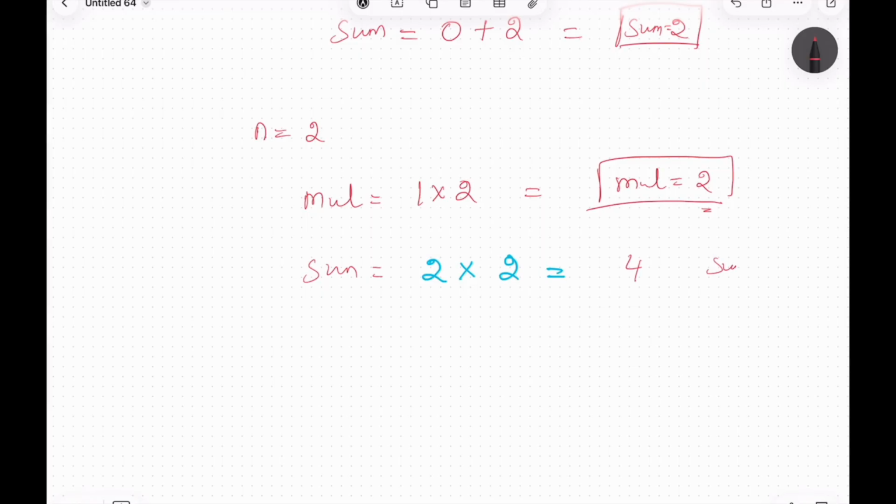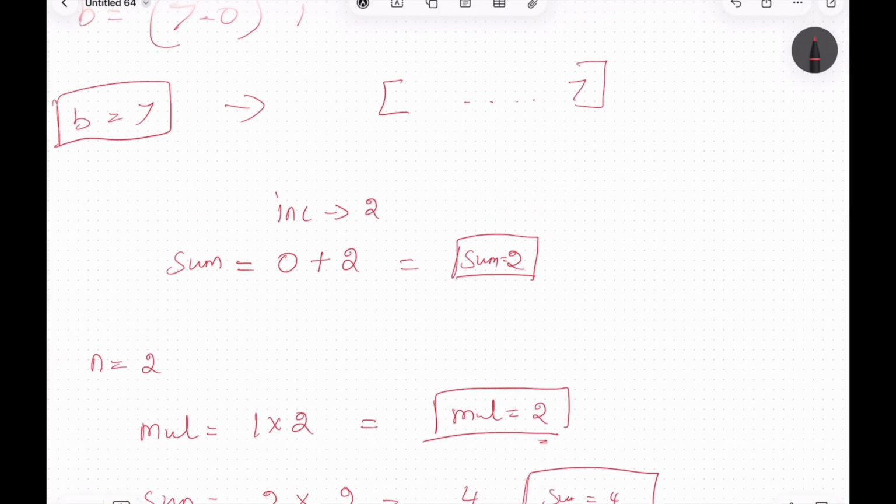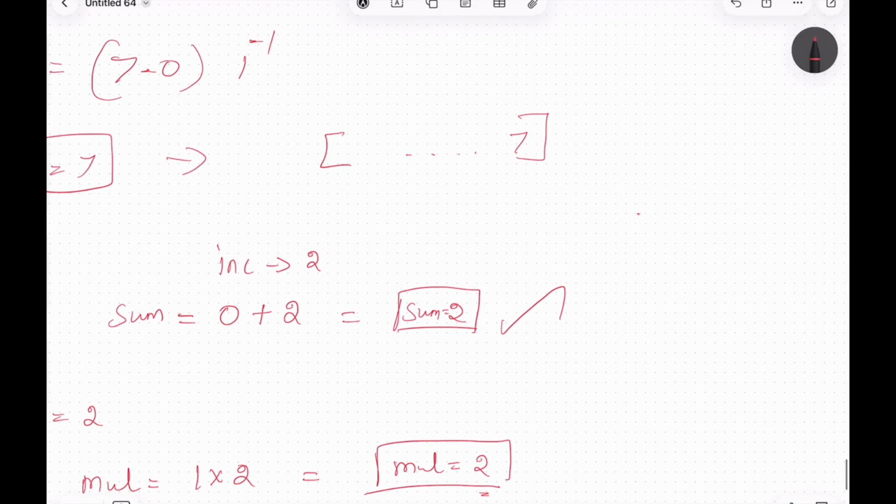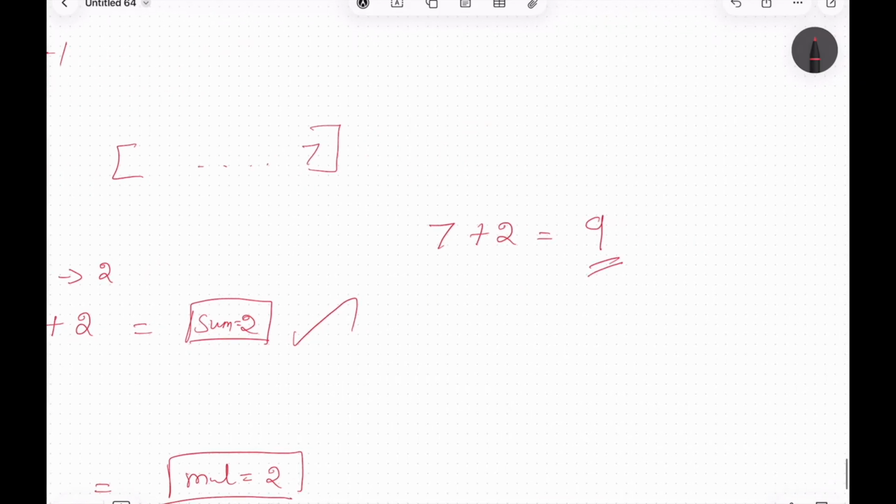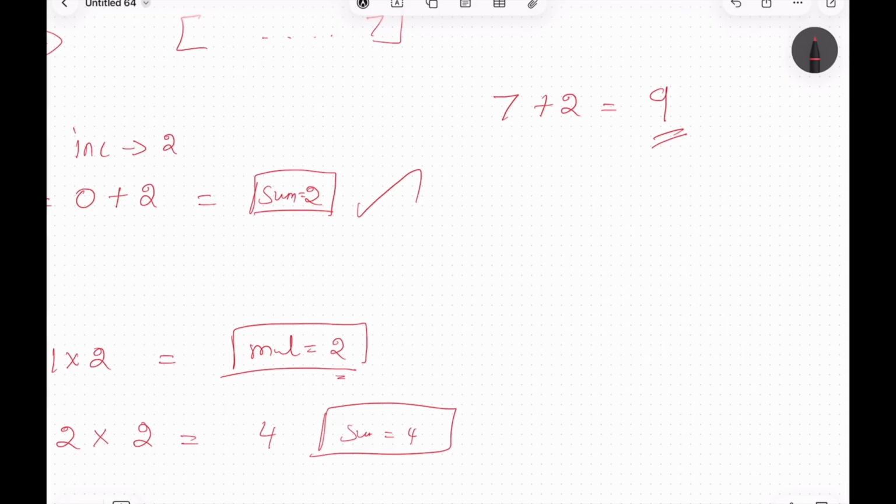So sum is 4. First this add operation is called, so 7 plus 2 becomes 9, right? And then this multiply operation is called. 9 multiplied by 2 becomes 18,